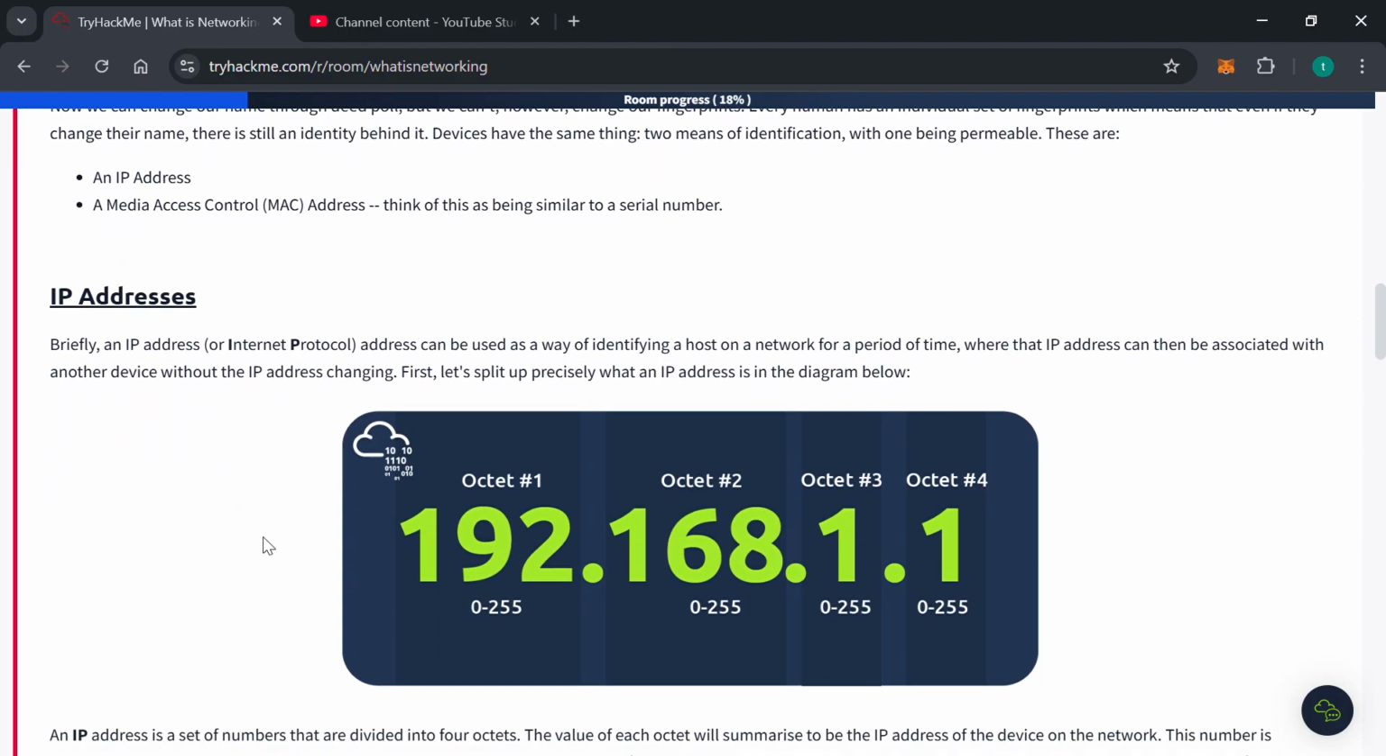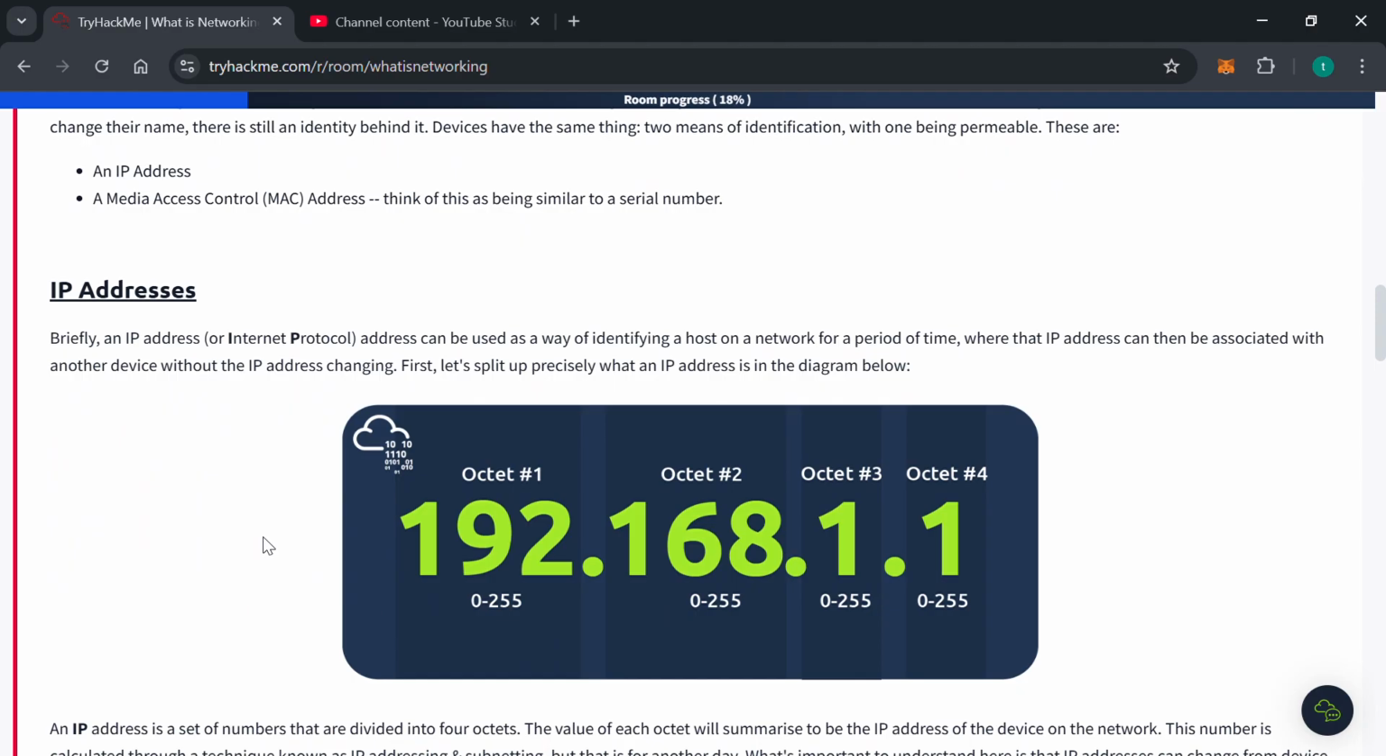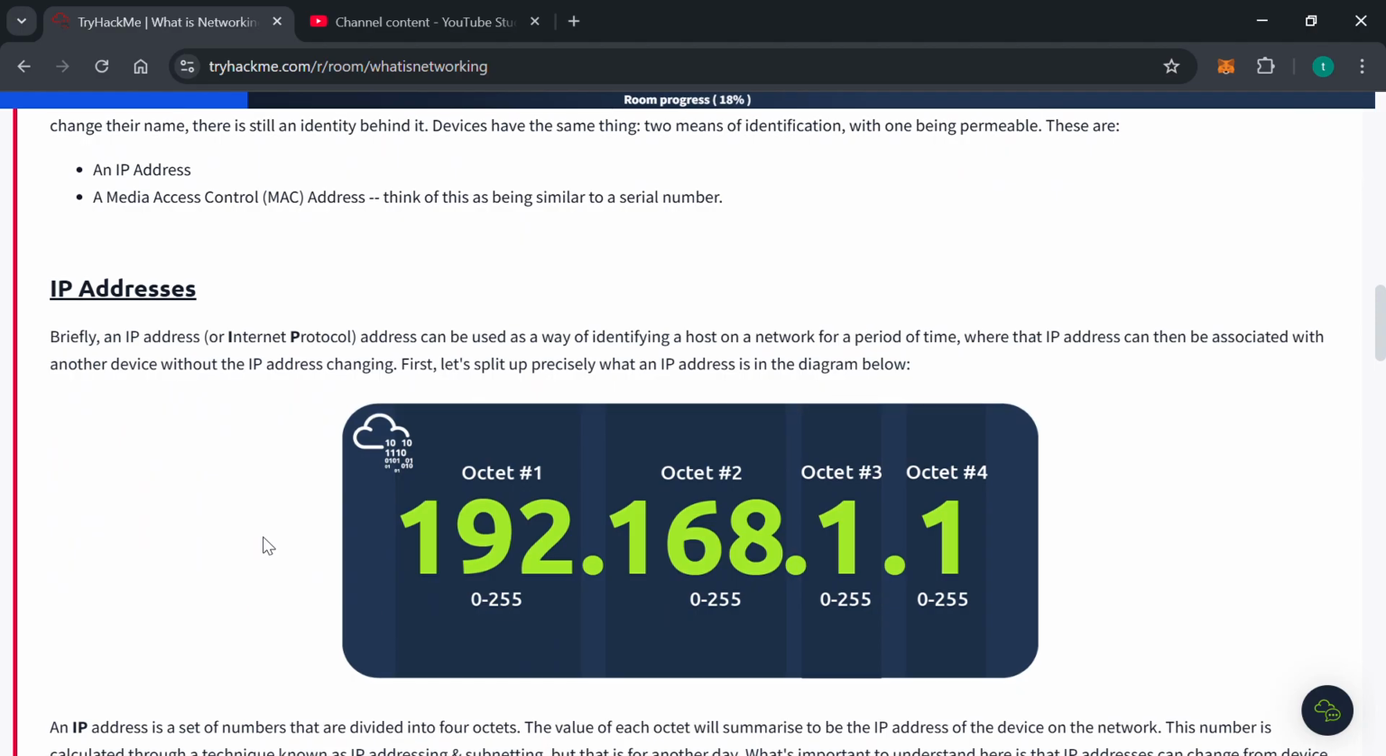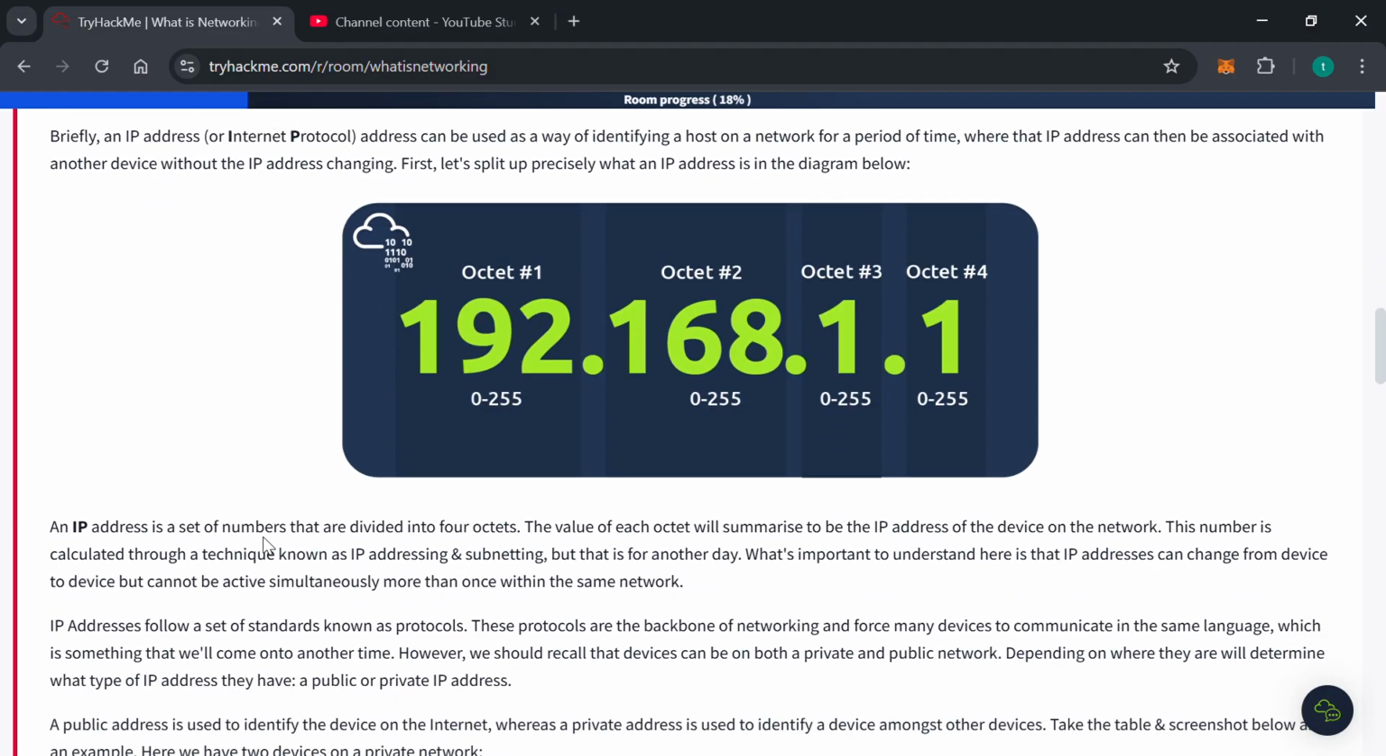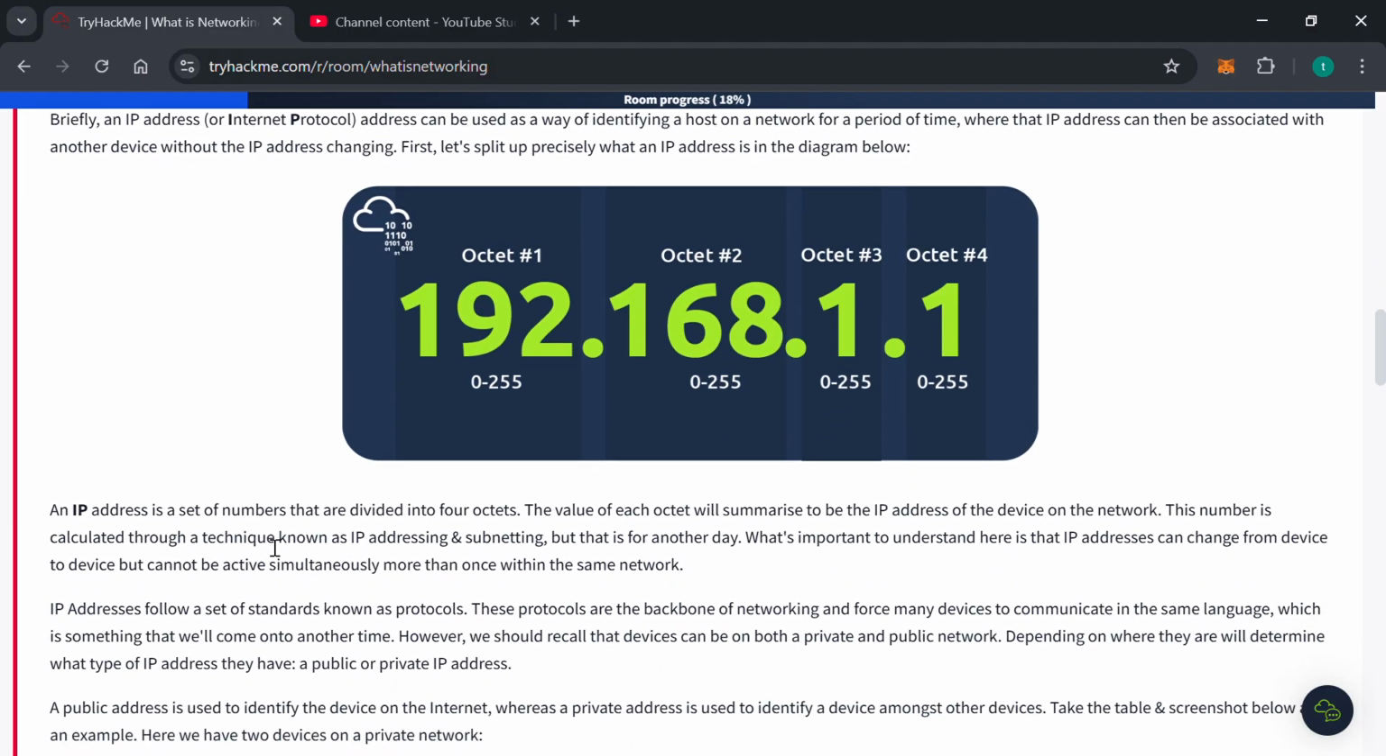An IP address can be used as a way of identifying a host on a network for a period of time, where that IP address can then be associated with another device without the IP address changing. So let's split this up precisely. We need to split up what an IP address is. Take for example this